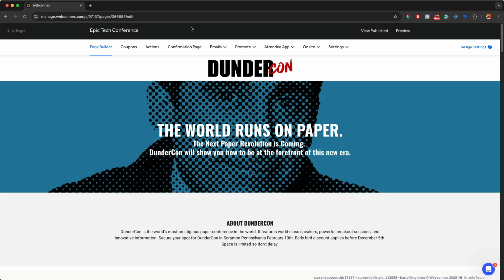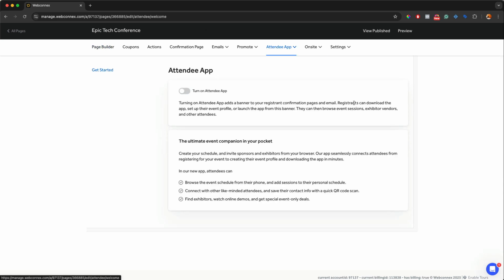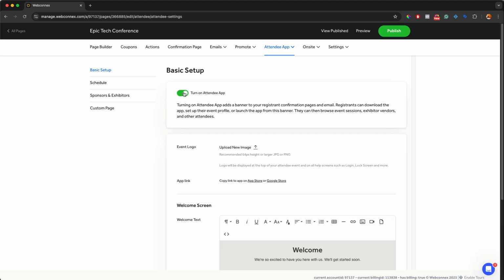So let's get started, and I'm going to show you how to set it up and how to configure all the settings. So I'm going to go over here to Attendee app and hit Get Started. Now the first setting here is to enable the Attendee app. Now when you turn on the Attendee app, this is going to add a banner to the confirmation page in emails letting your registrants know there's an Attendee app that they can use